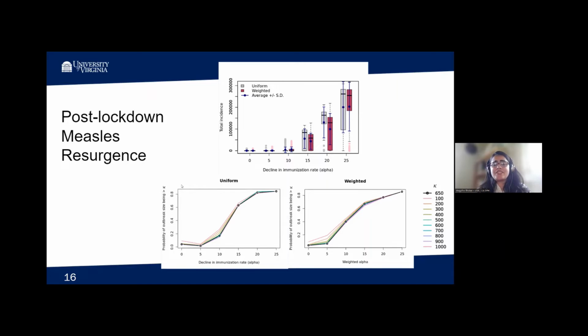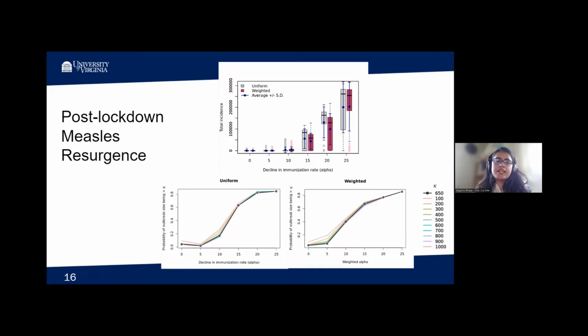One would be if the reduction in vaccination was uniform, so just uniformly random, or weighted by household income. Lower income nodes would be more prone to missing the vaccination, thereby affecting the overall distribution on the network. What we notice is that around 10 to 15 is where we can see the threshold, in the sense that beyond that level of decline in immunization rate, the probability of outbreak really kicks off